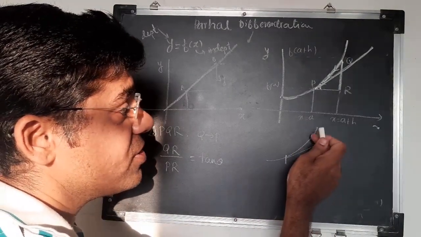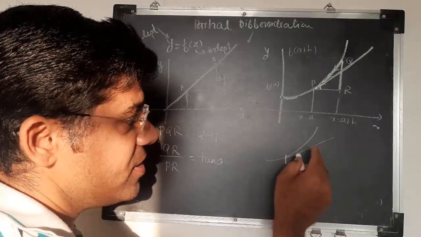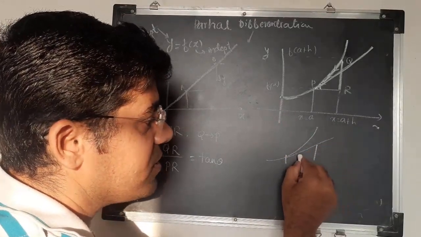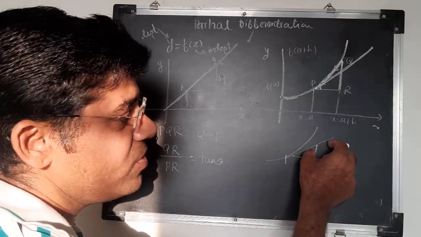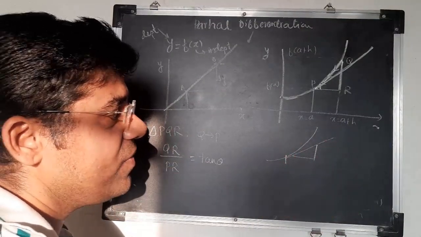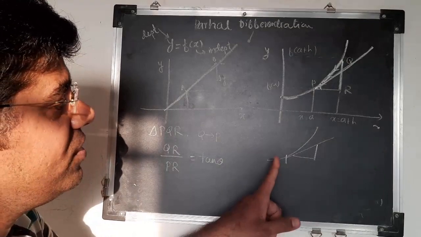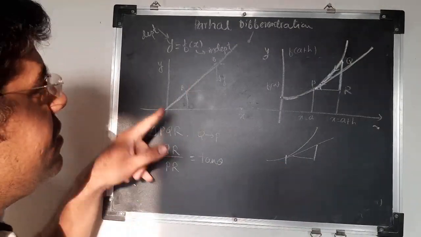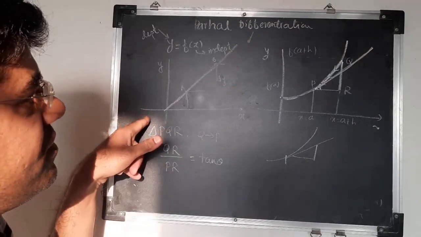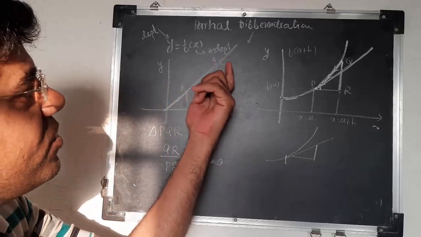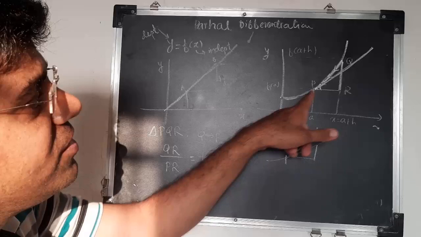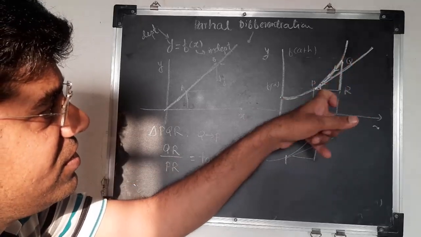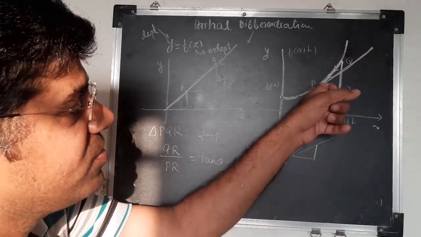This does not touch the graph again, means tangent is given, and over this line, suppose I take any 2 points and find out the slope, and that slope is always constant. So here, if the line is a straight line, you will get a constant rate of change. In case of a continuously increasing function, just like a curve in nature,